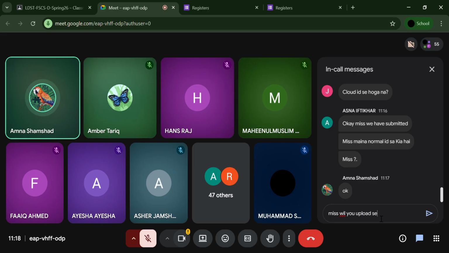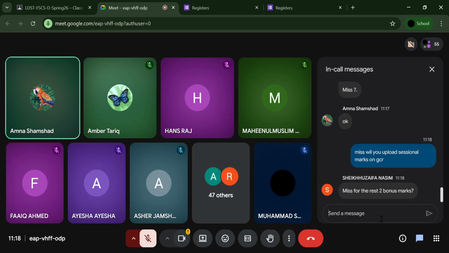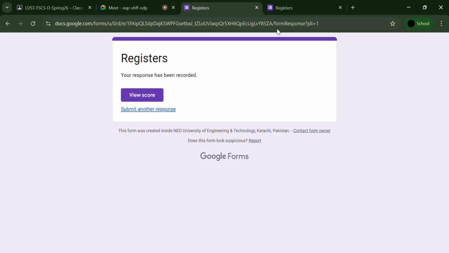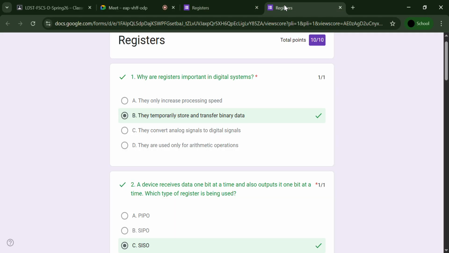Yes, there is no field for name and roll number. You all have to just sign in and write your email ID. Have you written your email ID, Hans? Yes, cloud ID or any other ID. Okay. Yes, I will upload the sessional